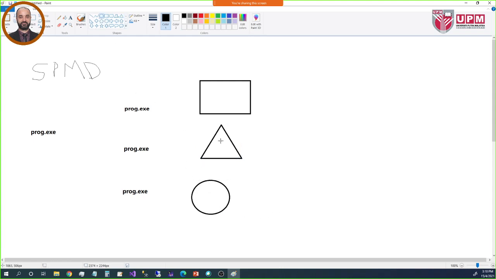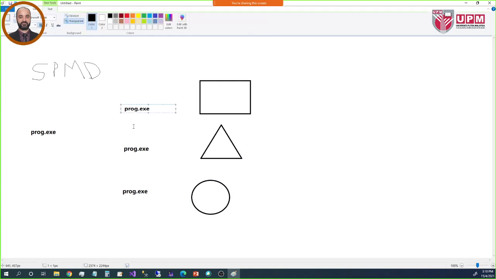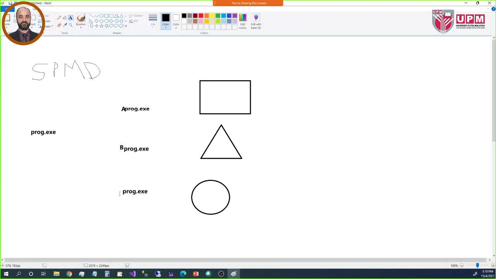Okay, so for example, this is program A, and this one is program B, and this one is program C. So maybe program A is designed to calculate the size of, or maybe it calculates the